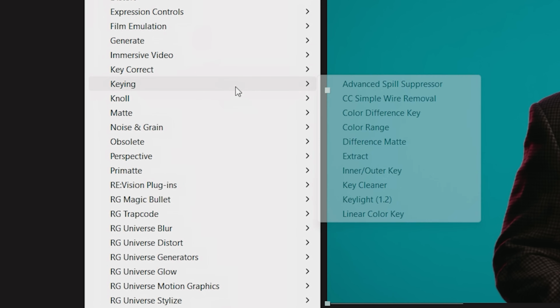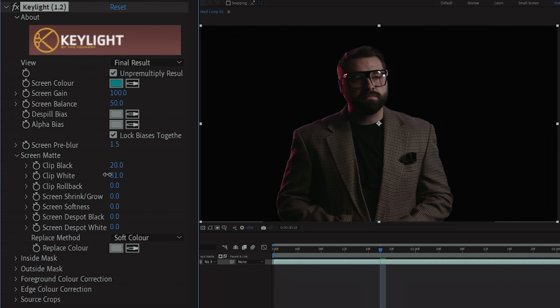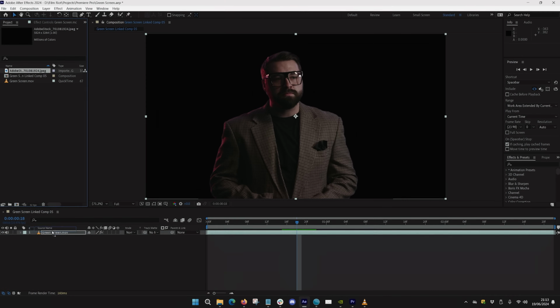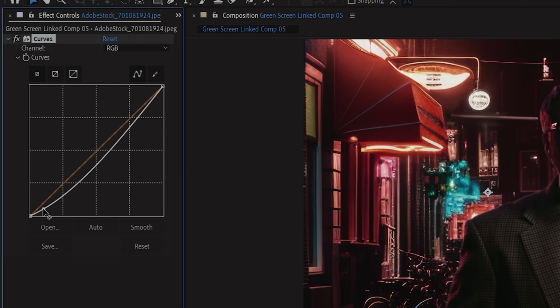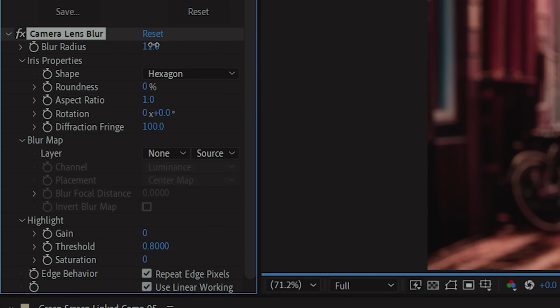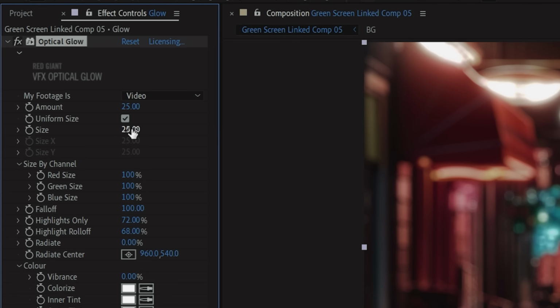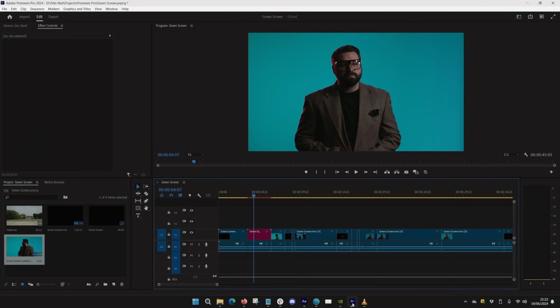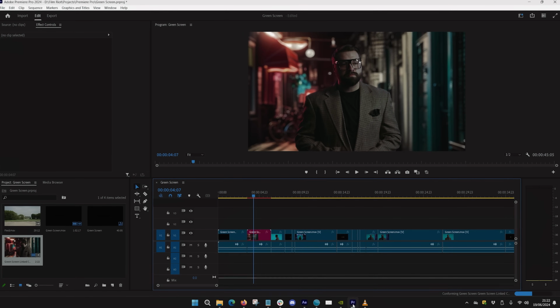Now for this shot, we'll use Key Light, change some of the settings until we get a clean key, then add in our background using various color and blur effects on both this and our key to closer match, and finish with some glow above everything. Now we save again, and when we jump back to Premiere Pro, you'll see that this shot has updated with